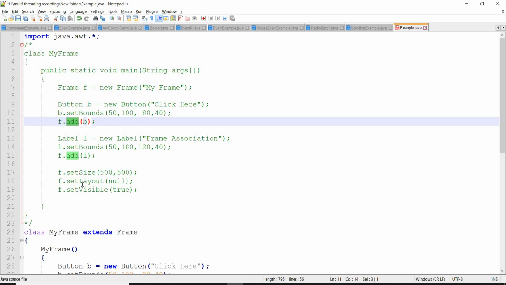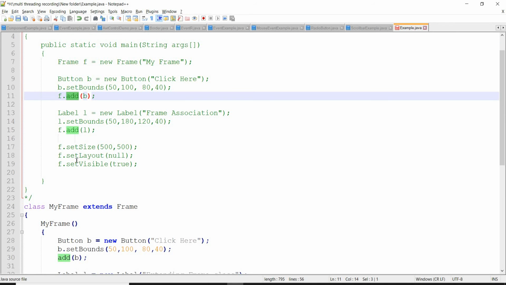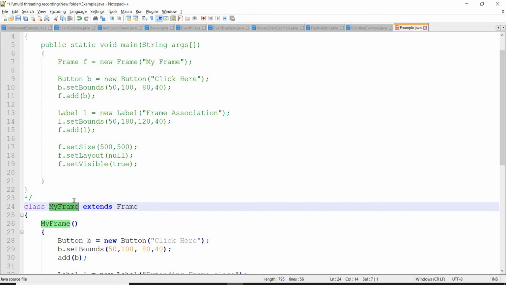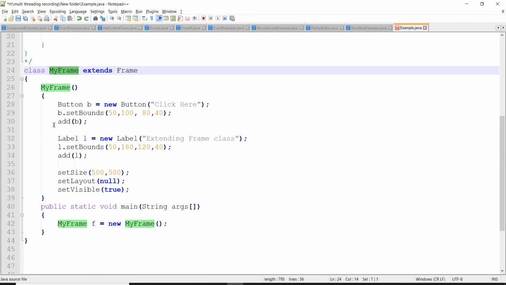Whereas here we are extending the frame, so all the methods of frame will be the methods of myFrame, right? So here you will not be writing frame dot. As we extend the frame, we can directly call the methods add of component, set size. There is no need to keep the reference of the frame because the methods of frame will become the members of myFrame.